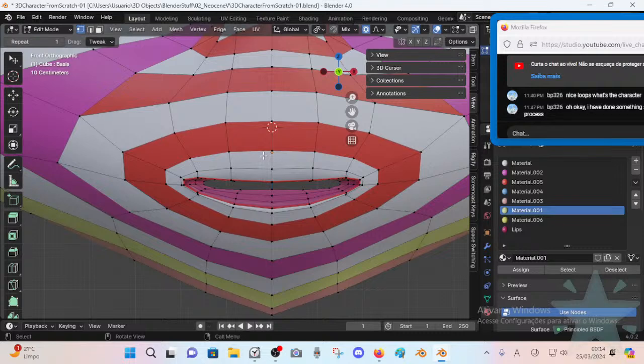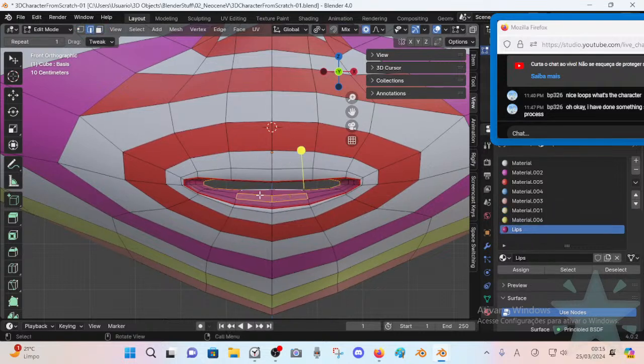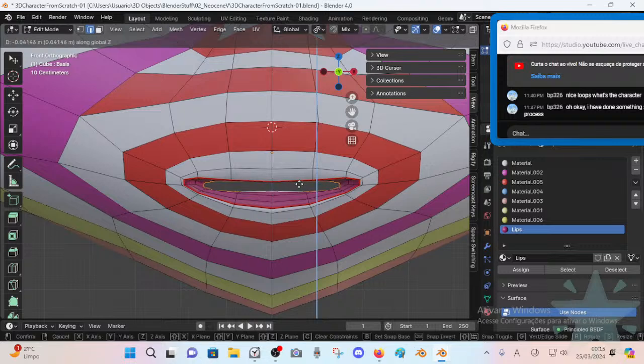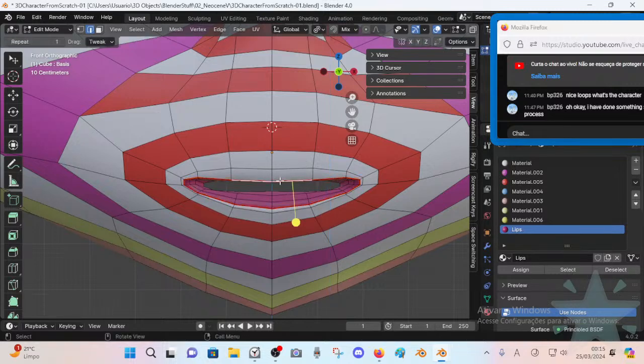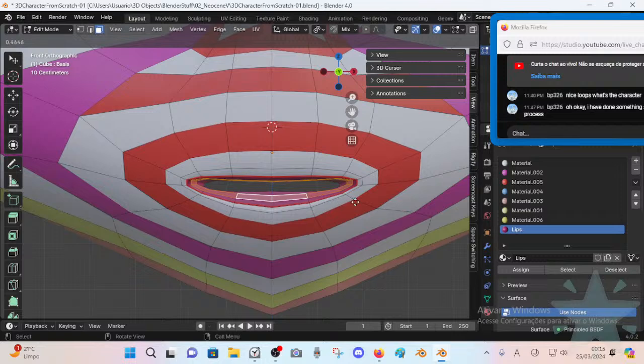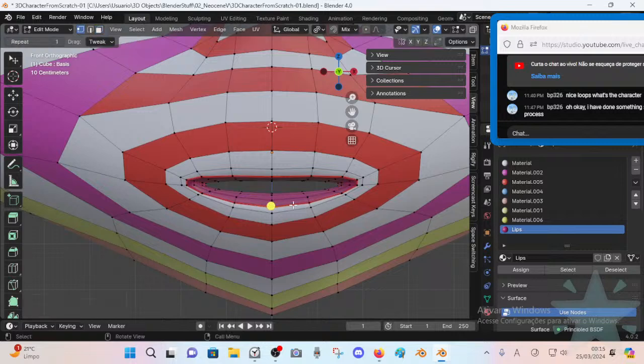The mouth should be sort of neutral, and to solve this I'll probably have to get this thing like here. Yeah, so smooth out, and probably,